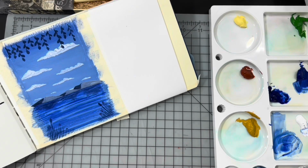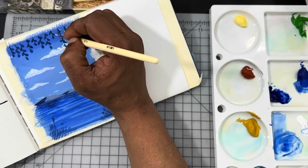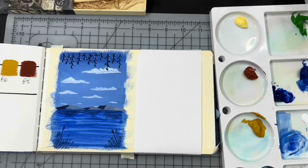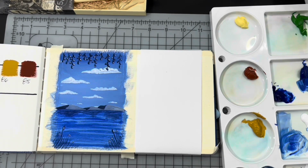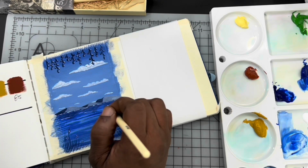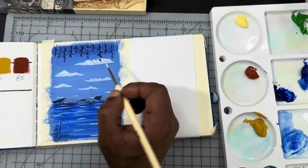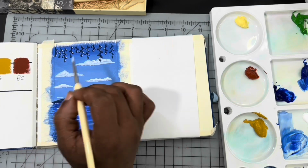Threw in a few cattails, a few flowers here and there, and then I grabbed that white gouache and I'm going back in and throwing in highlights on everything. I'm going to highlight the vines that are hanging down from the top of the page. I'm going to put in the highlights on the cattails and the little flowers. And then I'm going to throw in a water line along the mountain and bring down the little shimmers of light that you would see in the water. And I thought to myself, okay, well, I need something to be making that light. So I'm going to eventually put in a little sun going down